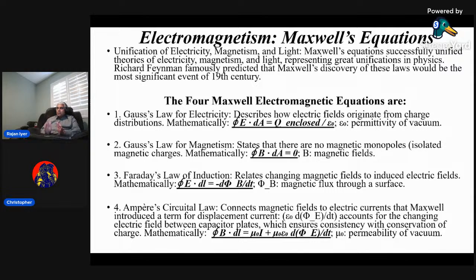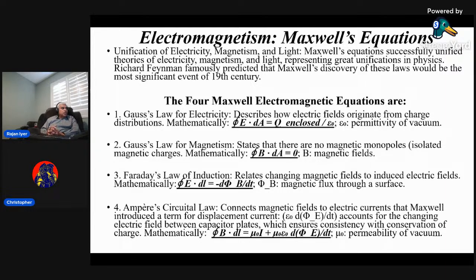And all of it, that's the fundamental basis on which much of physics is based, especially mathematical physics. The four Maxwell equations of electromagnetism. Okay, he concentrated on electromagnetism, as we say. There are different forms of energy, but electromagnetism is one of the higher forms of energy, and he concentrated on understanding that. And it's based on Gauss's law of electricity.